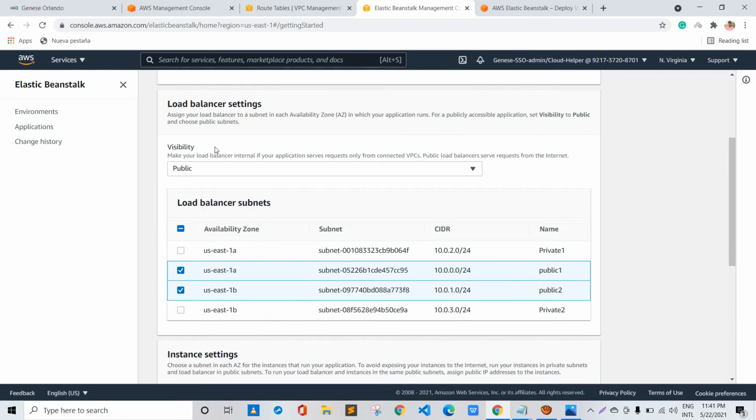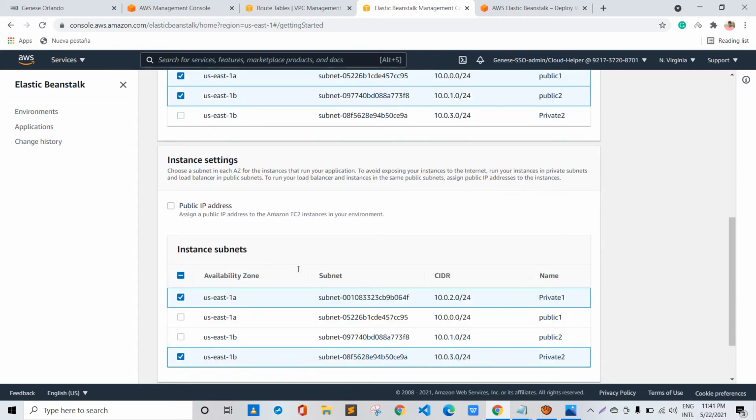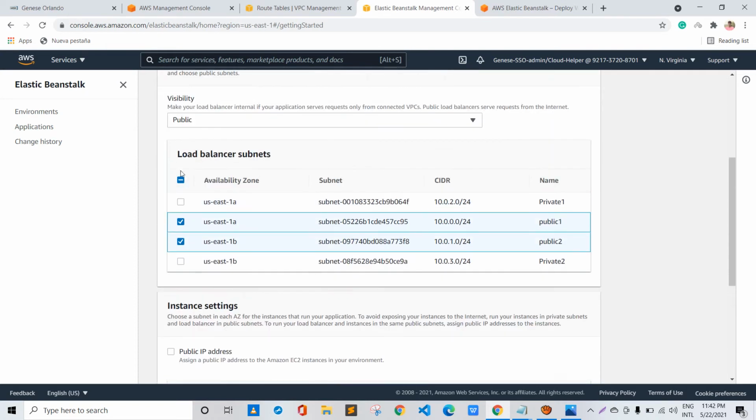So our load balancer will be created in the public subnet and our instances will be created in the private subnet, but we will be able to access the services or data present in the instances in the private subnet using the public load balancer DNS name.